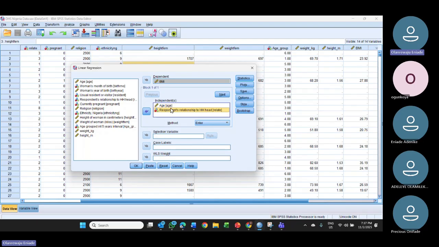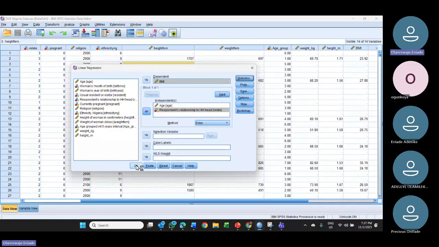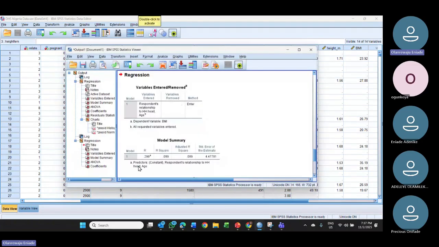So I'm going to put this and then come to statistics again. I'm interested in the confidence interval as well. So I click OK, Continue, then I click OK. So let's wait for the result. Okay, so the result is here. Look at it. Our new result is showing the information, the result for both age and the respondent relationship